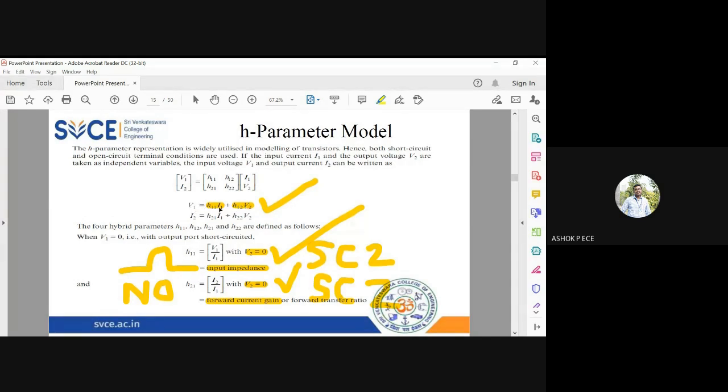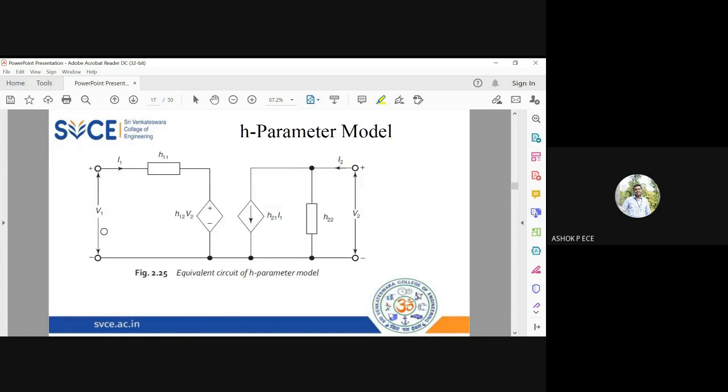And V is equal to I into R. So this H11 will look like a resistance. And here you see V1 equal to H12 into V2, so it is just like a scaled version of a voltage source. And these two will be in series. So if I draw the first equation, V1 equal to H11, it is just like a resistance H11 into I1, and a voltage source plus H12 into V2. You see, all the elements are in series, because I have the equation in terms of voltage.